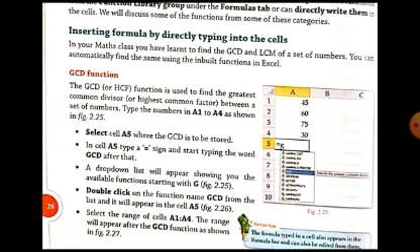After the list is displayed, you simply select the function GCD from the list. How will you select it? You have to double click on the function name GCD in the list, and it will appear in cell A5. You don't have to write the full function itself. Just type G, the list will appear, then select GCD and double click on it, and GCD will be automatically entered in the cell.